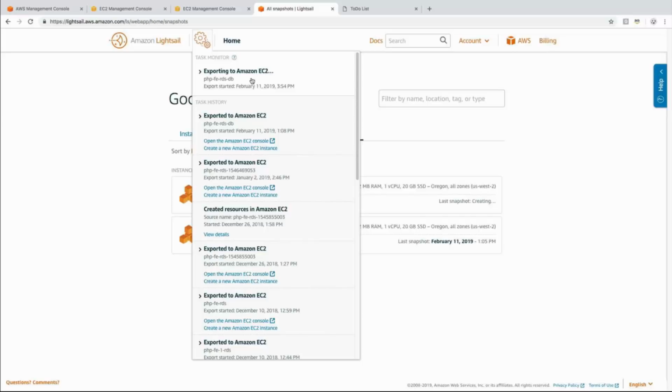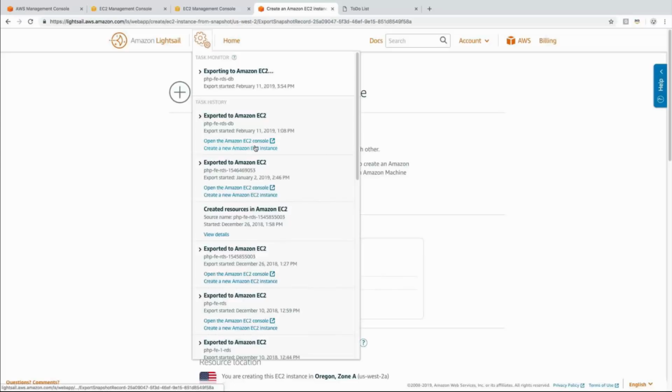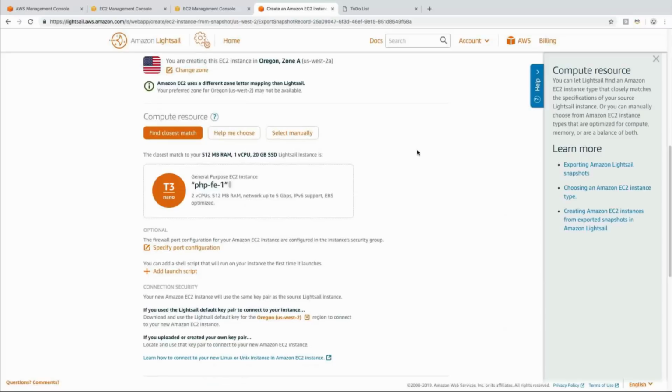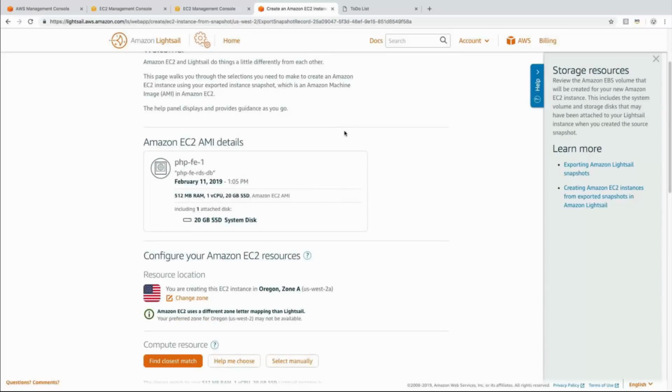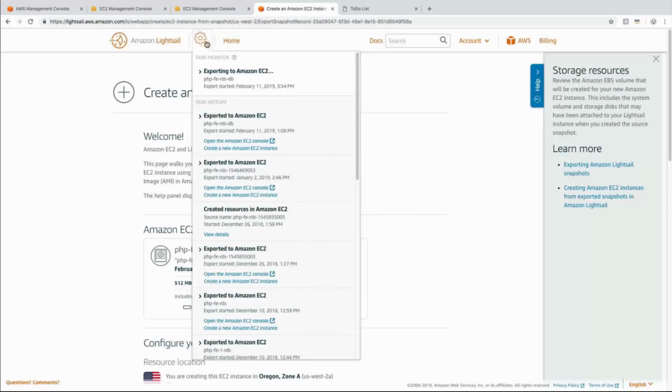So I'm going to come down here and say create a new EC2 instance. Excuse me, I'm going to do it through the console. While I'm here, we can create the instance by following the steps on this page. The reason I'm not doing that is because I need to make sure that I create my instance in my default VPC in EC2, and this method does not allow me to do that. So I will use the other method, which is through the Amazon